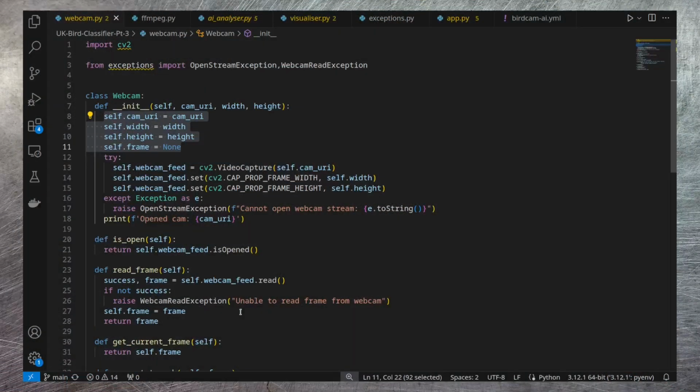I also allow the width and the height of the image that comes in from the web camera to be provided as parameters as well. I then set up a local property called frame that is initially undefined. In this next section, I open up the stream from the web camera and I set the properties about it